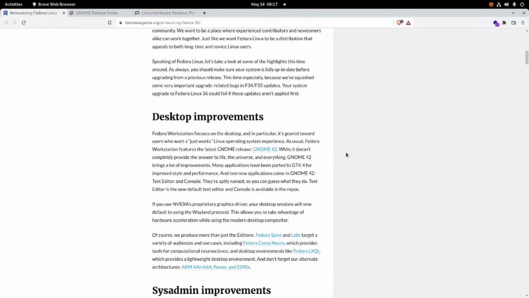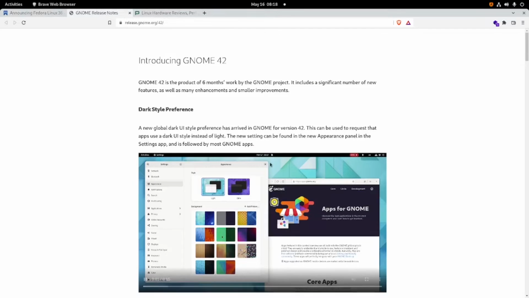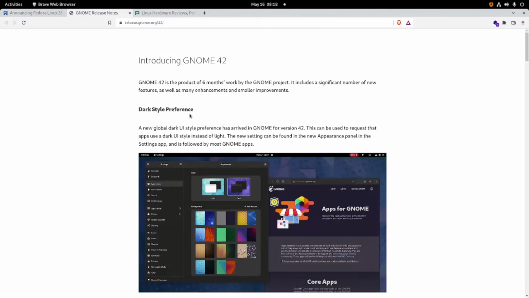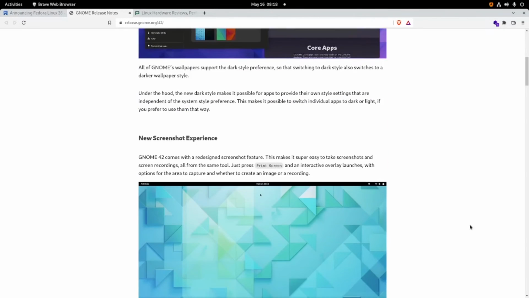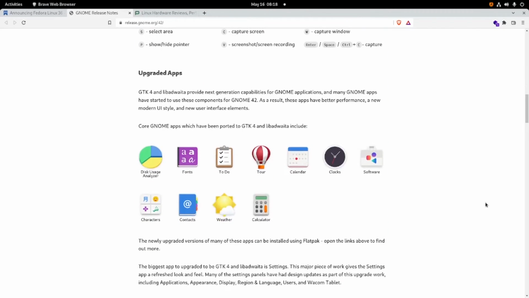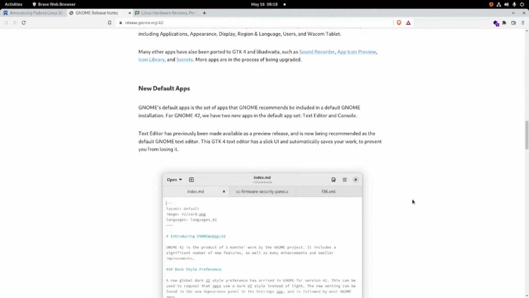In the desktop improvements side, there's GNOME 42, and we can click here, and we will go to the GNOME release notes. What's new in GNOME 42? There are the dark style preference, the new screenshot experience, upgraded apps, and new default apps.